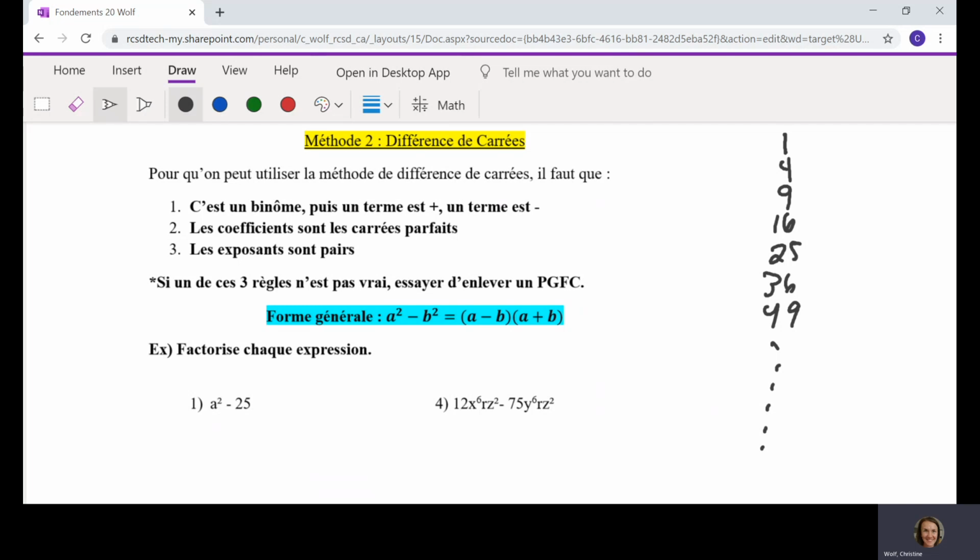Si un de ces trois règles n'est pas vrai, essayez d'enlever un plus grand facteur commun. So if one of your checklist things isn't true here, you don't just give up and not do it all together. You go back and try method 1 again, then see if you can do method 2. Okay, so